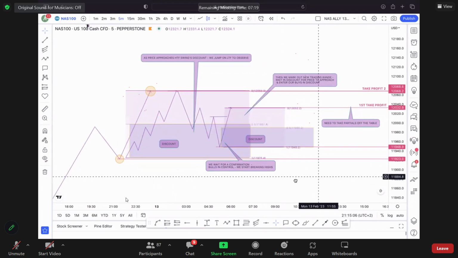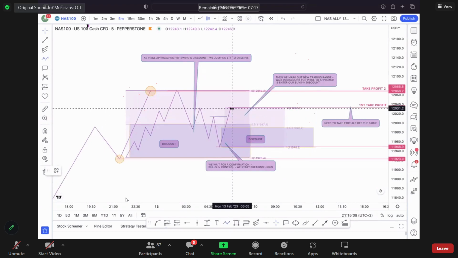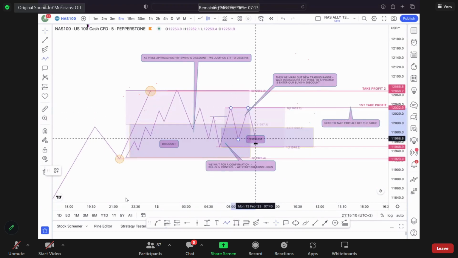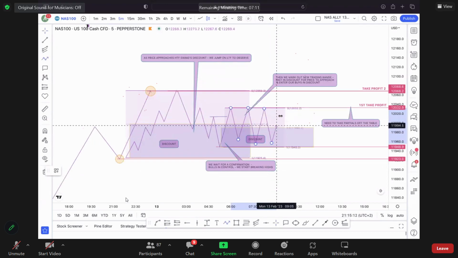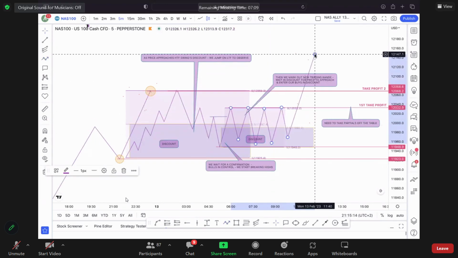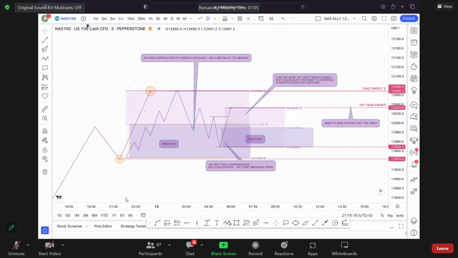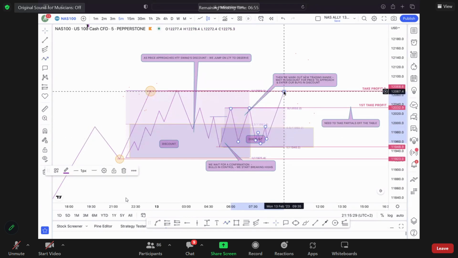Okay, because even the market can do this. The market can go like this, and then it can do this and this and this, and it can range before it takes out the high. So if the market does that, rather wait for the market to take your profit here, and if the market comes back to the low and gives you another smaller indication that we're going to buy, jump in again and then ride the wave.